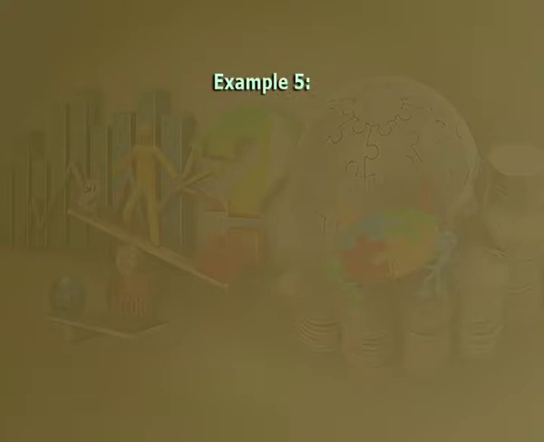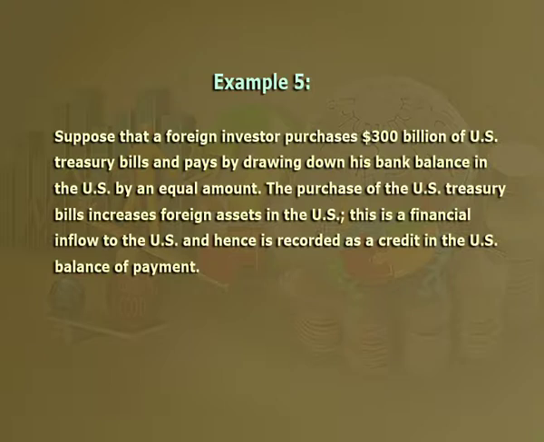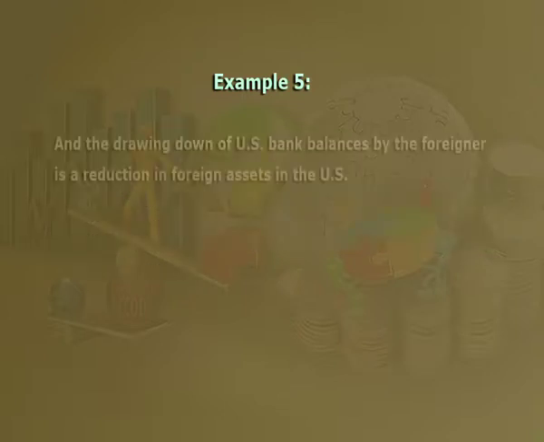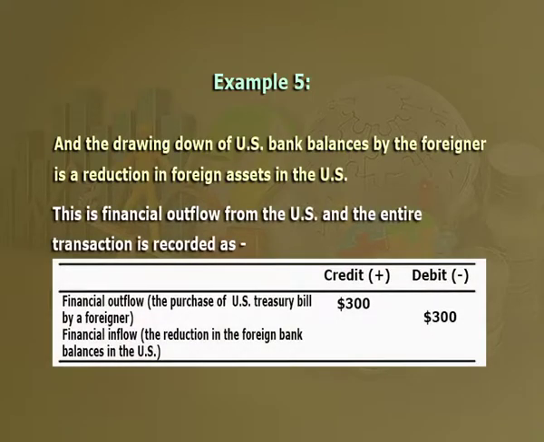Taking the fifth example, suppose that a foreign investor purchases $300 billion of US Treasury bills and pays by drawing down his bank balance in the US by an equal amount. The purchase of the US Treasury bills increases foreign assets in the US. This is a financial inflow to the US and hence is recorded as a credit in the US balance of payment. And the drawing down of US bank balances by the foreigners is a reduction in foreign assets in the US. This is a financial outflow from the US and the entire transaction is recorded as